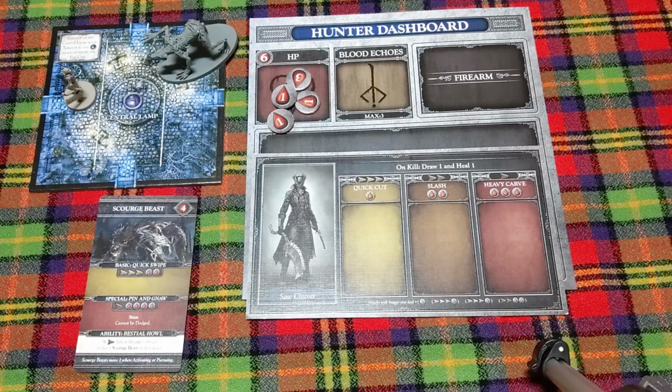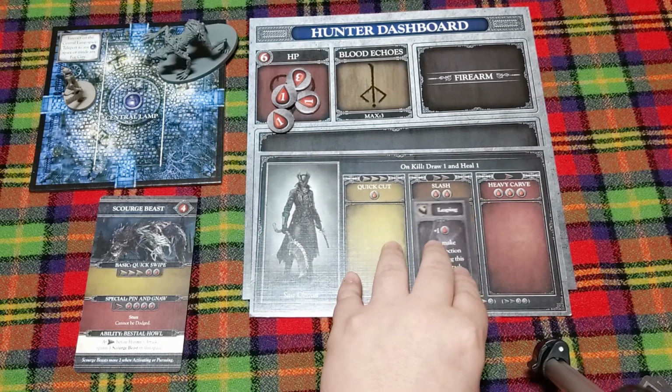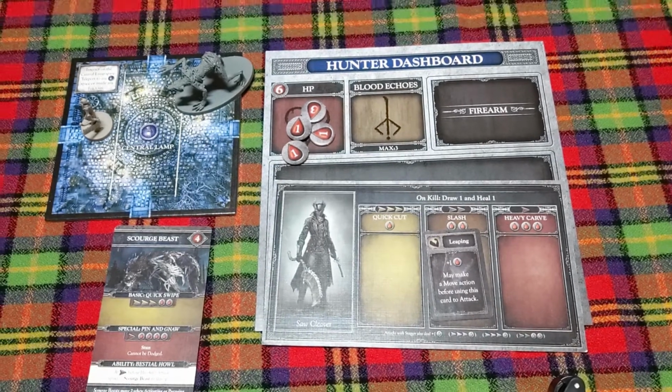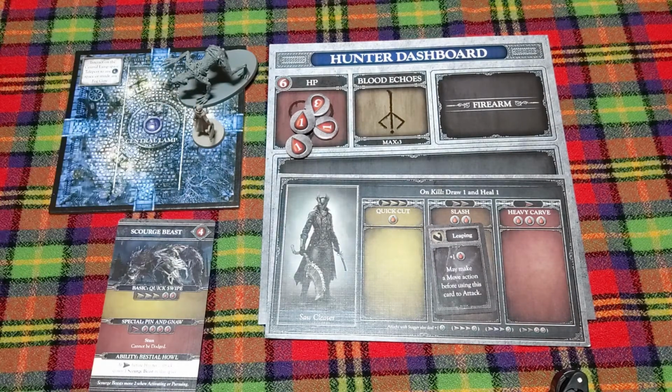So there are 2 uses for this card. Here, the beast is 2 spaces away from me. I don't want to burn another card to move to him. Maybe I only have 2 cards left and I want to have 1 card to attack and 1 card to dodge. Well, I can use this card, Leaping, to make a move action before my attack. I move twice, and then